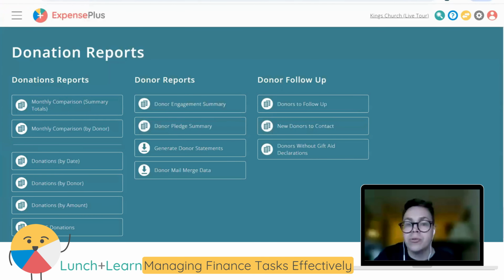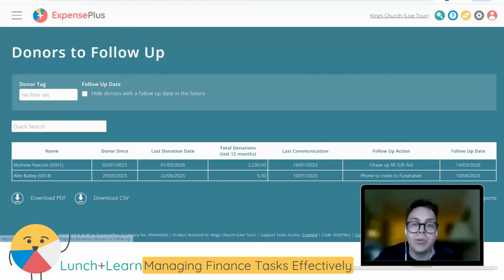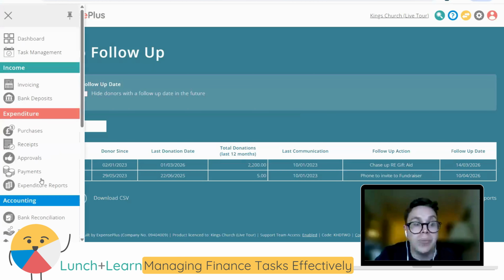You might have donors to follow up. This is a really helpful report if you're using ExpensePlus to follow up with your donors or your users or however you want to use this module. There's a more in-depth session exactly on managing donors within ExpensePlus too. So you can use this report to check on your communication and donors that you need to follow up, as well